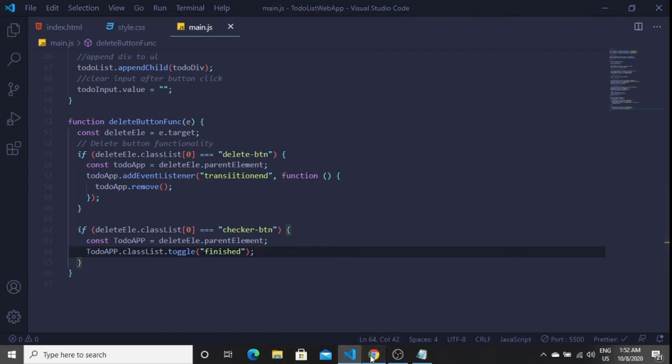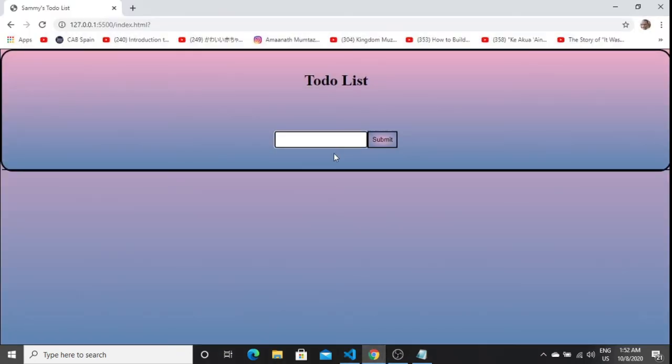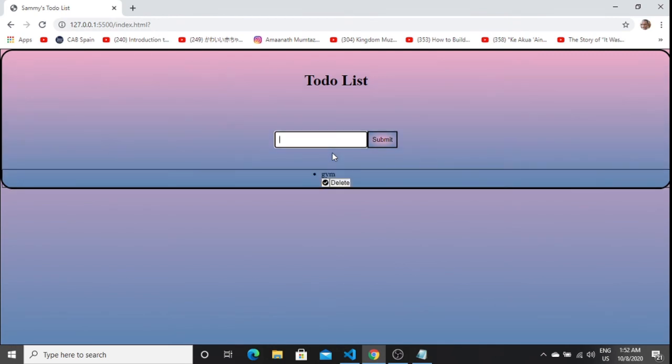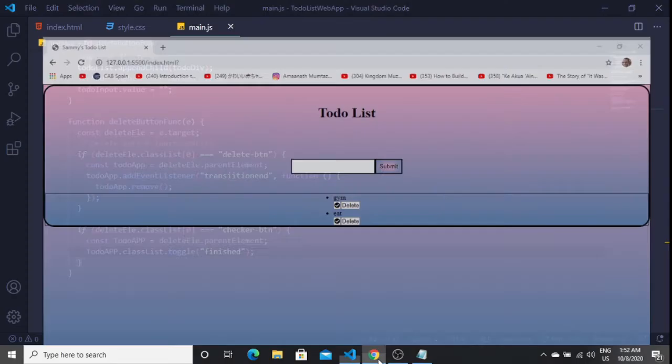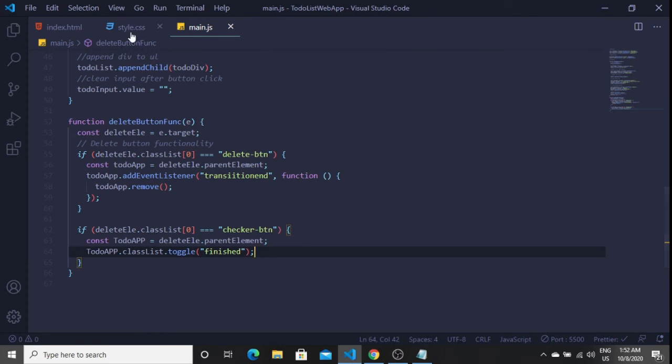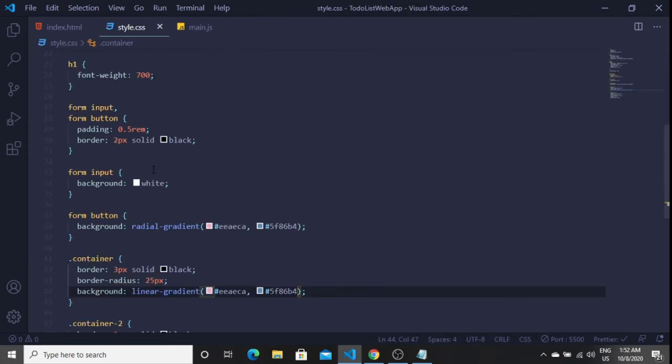And now we save it. Let's see. Gym, eat. Does the button work? Not yet. Why isn't it working? Because we need to go to the CSS and finish it up. That's why it's not working. We haven't finished our CSS to add these animations and